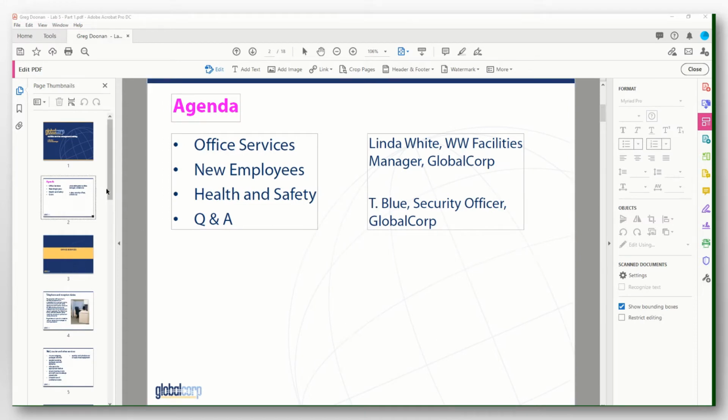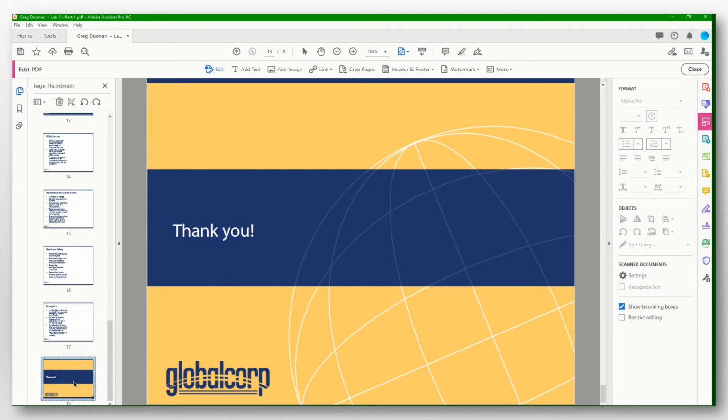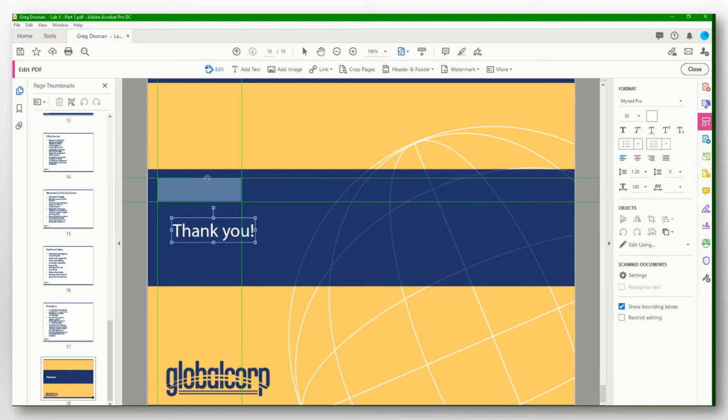Okay, next we're going to go all the way to the last page, which is page 18. And the first thing we're going to do is move this text where it says thank you to a different position. So now remember, when you click inside this, it doesn't allow you to move it. You need to click on the outside edge so there's no cursor, and then you can actually click and drag this. We're going to drag that up just to the upper corner,